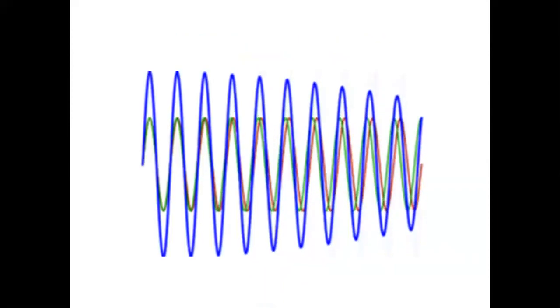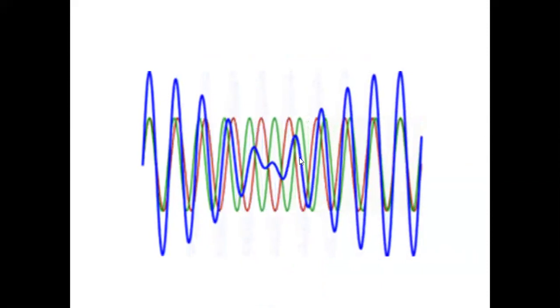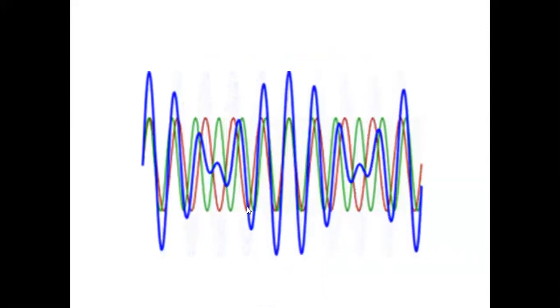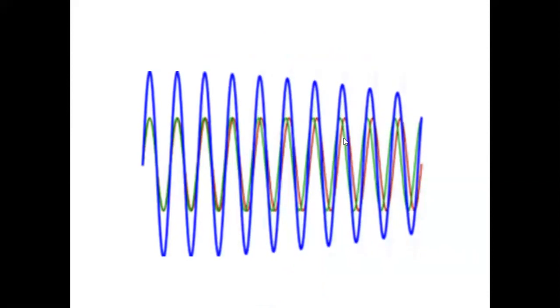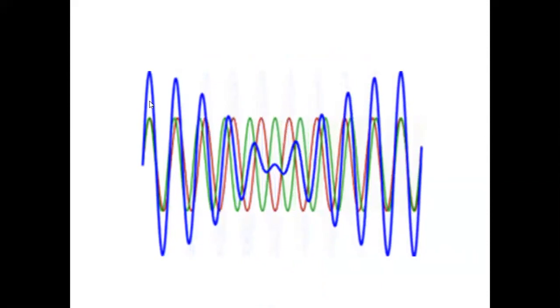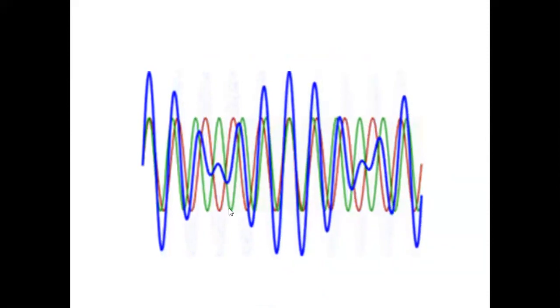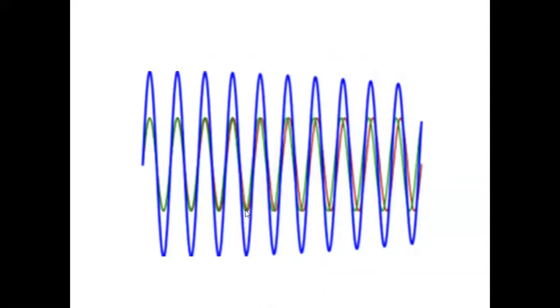You see here, that is shown in all the points. You see, at some points the blue vanishes because the crest of green falls on the trough of red. But wherever the crest of green falls on the crest of red, you get maximum wave. Can you see that? So here it has vanished, and here it is maximum because crest is falling on crest, and at some places it is zero because crest is falling on trough. So simply to understand superposition, this animation is done.